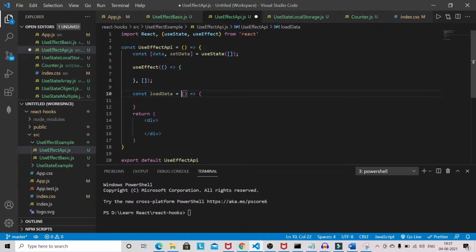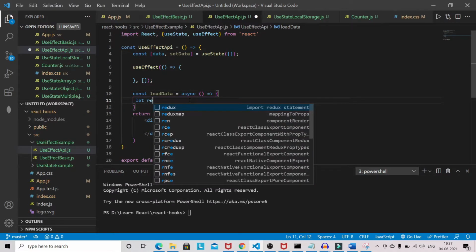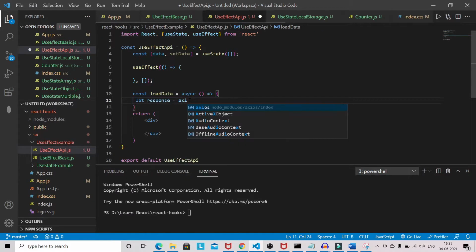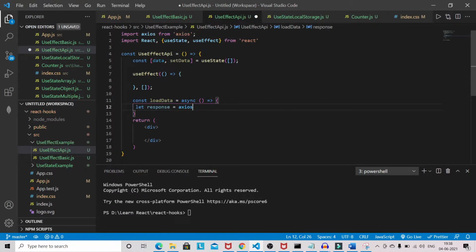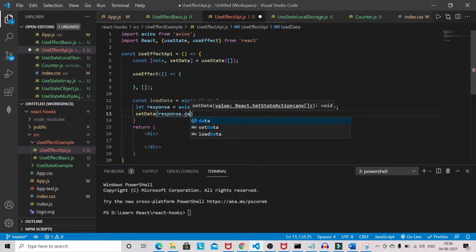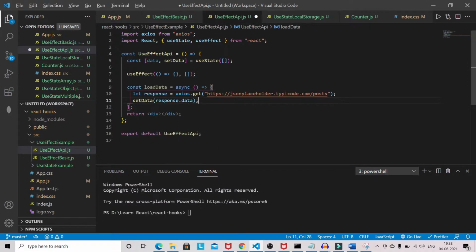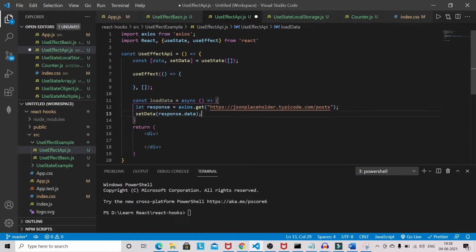It will be async await that I will use. Let response be equal to axios. Axios is automatically imported. axios.get, I will copy this API and I will set the data, so response.data. Okay, and I can call this loadData here.